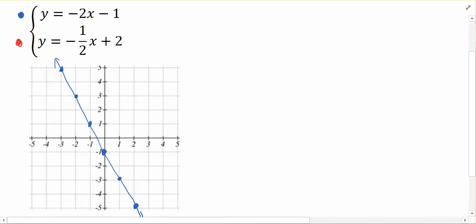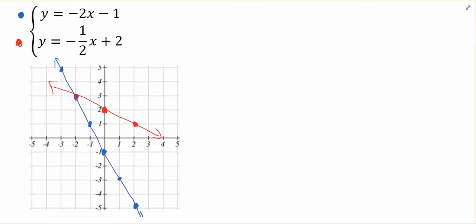Let's go ahead and look at the other line. He's got a y-intercept of +2. A slope of -1/2 is saying down 1, right 2. But if I go that way, I'm getting further away from the blue line. So instead of continuing in that direction, we can think about it as going up 1, left 2. And right there we see where the intersection is, so we don't really need to go any further.